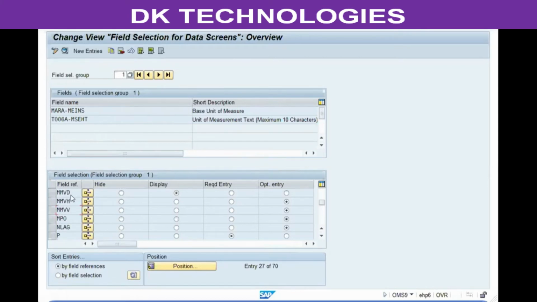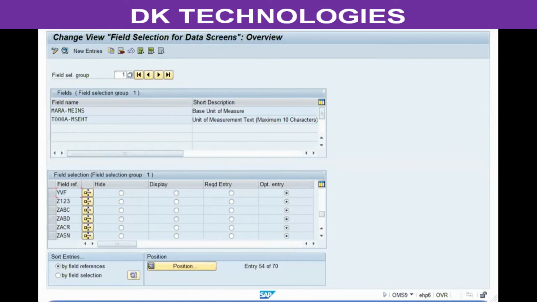So since I've created and maintained certain field settings in that grouping code, in that field reference code, let's see how to... sorry for that background noise. So as I was saying, since we have created a new field reference code, I can assign it to a new industry sector. So let's see how to create a new industry sector and assign this field reference code to